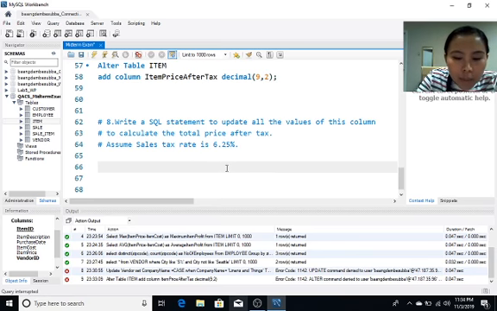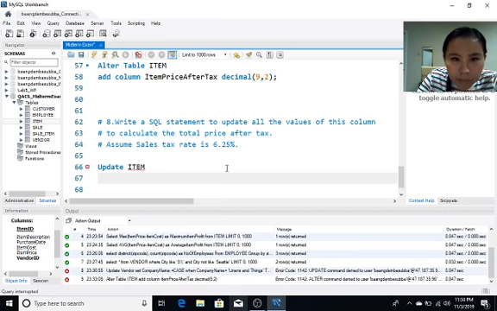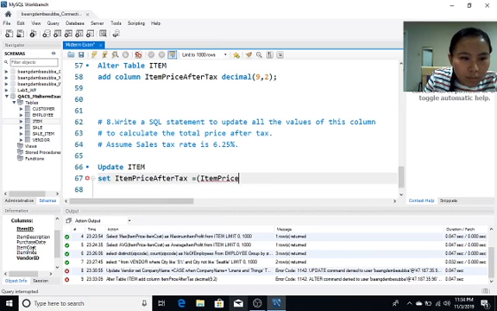So for that, I'm gonna update the item table and then set item price after tax, and I'm going to use the formula: item price, yeah, sorry, item price